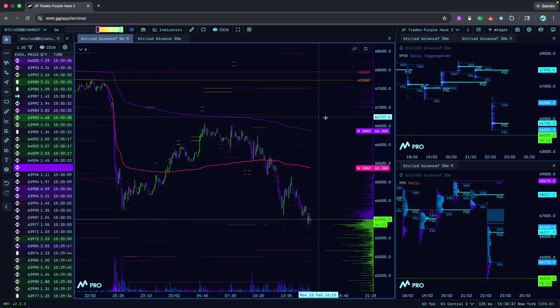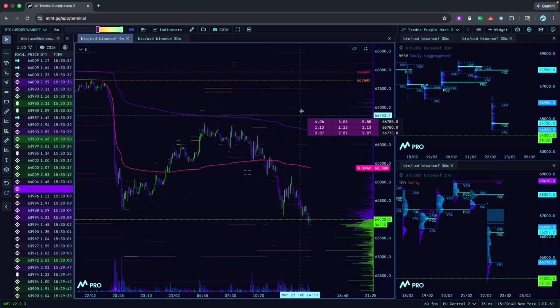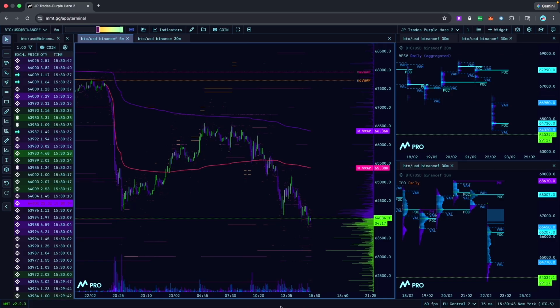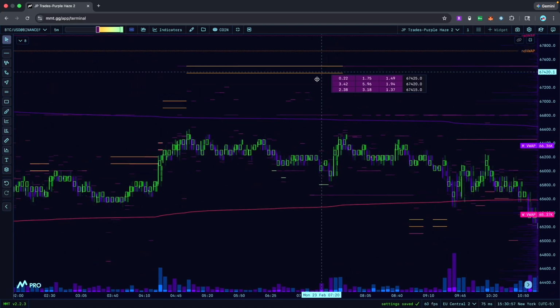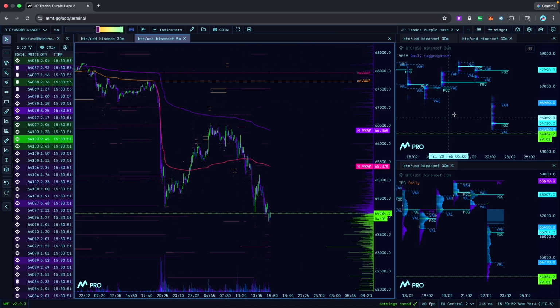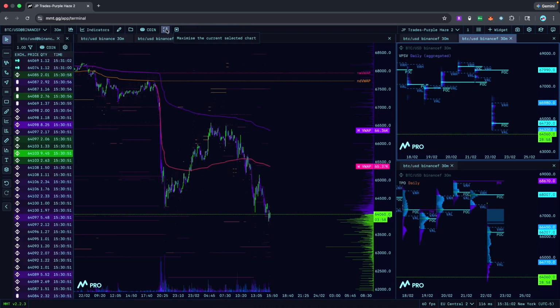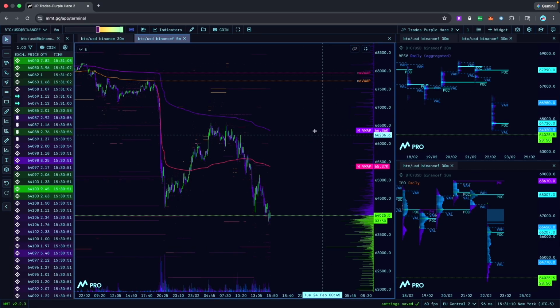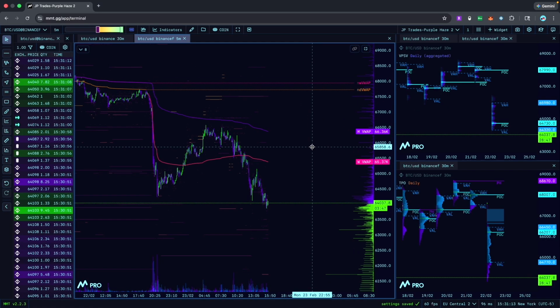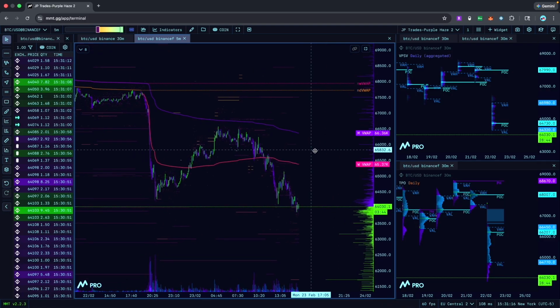Also, something important to note is that you don't have to have this view all the time. So you can come here and see the blue square or the blue outline is your selected pane. And when you do that, you can come here to this button and just maximize that. So if you want to really get nitty gritty and you want to see just this view and you want to really zoom in or zoom out, you can use that. Same thing with any of these other ones. So you can come over here, select that, and you see the blue outline, and then just go to maximize that, and then you can focus on this pane alone. So it's something really cool and flexible about the layout and the views in Market Monkey,